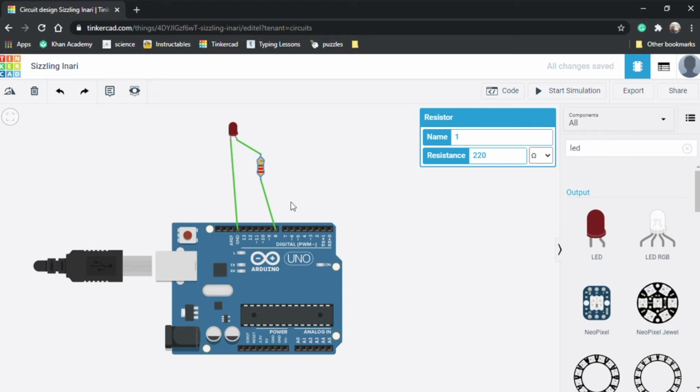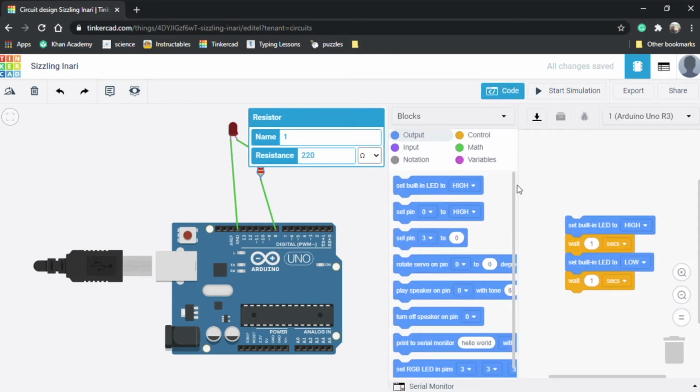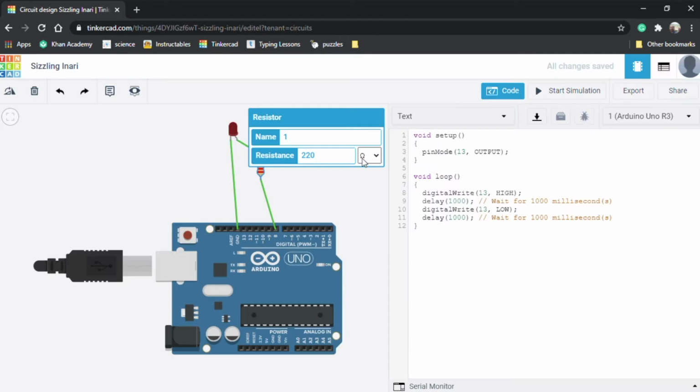Now how do we write the code for the Arduino board, this virtual Arduino board, which we can run in this virtual Arduino simulator? Let's see that. For that, you have to click here, where it is showing the code button, and this thing appears. We have to change this Blocks to Text and continue, because we have to write the code in text, and that is how you can learn programming when you get the real Arduino board. You can already see that there is some default program written here.